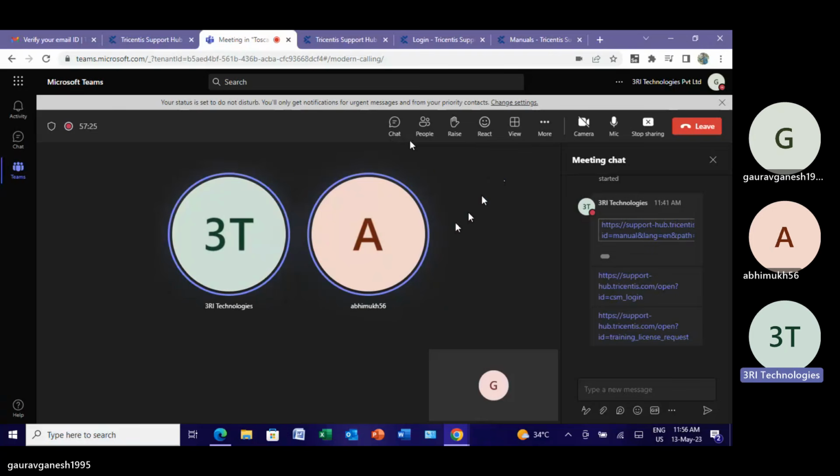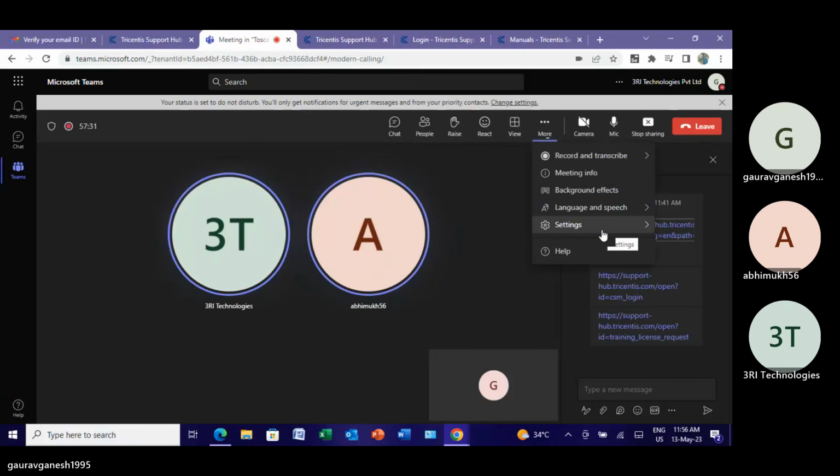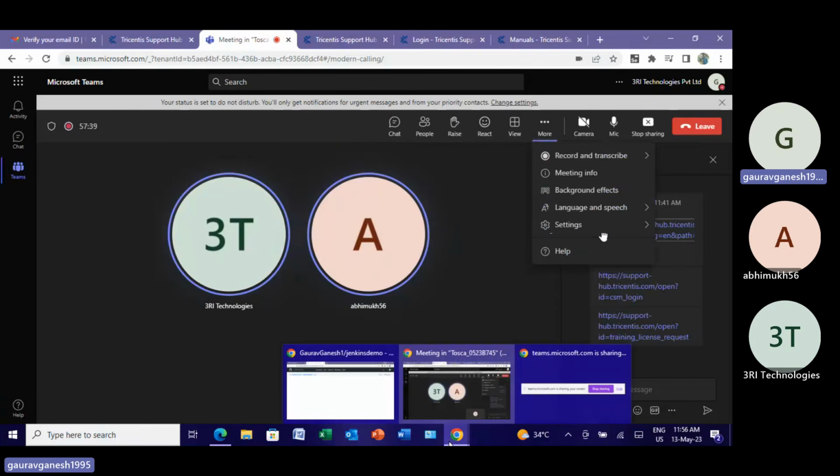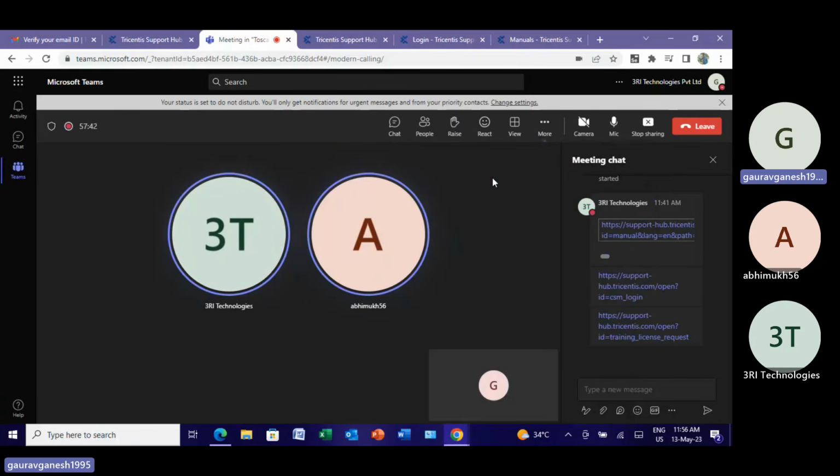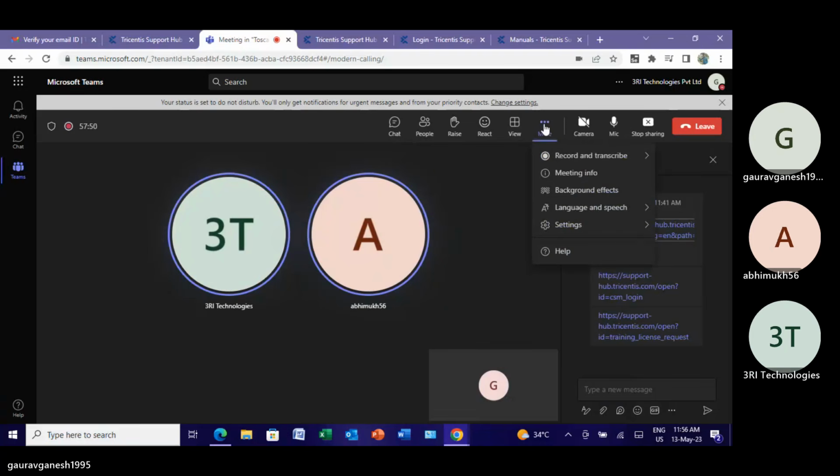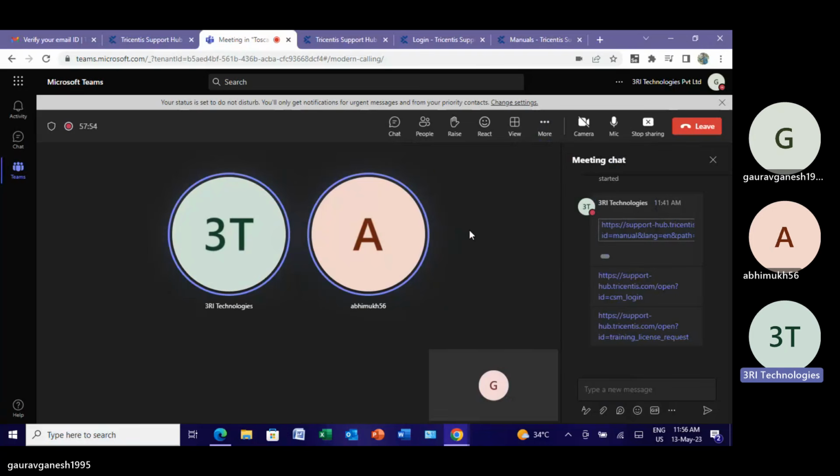Okay, I'm not seeing that option at least. Or let me open the link and, no, I think, yeah, I guess at least I'm not seeing that option to request.